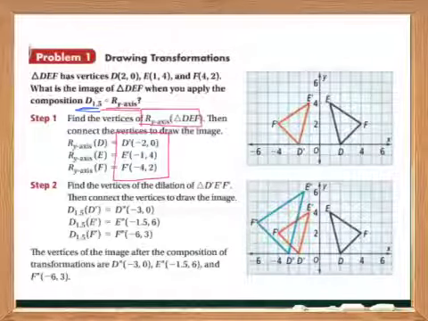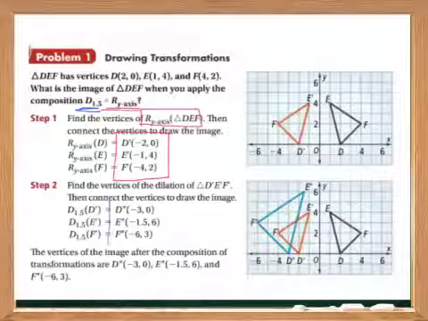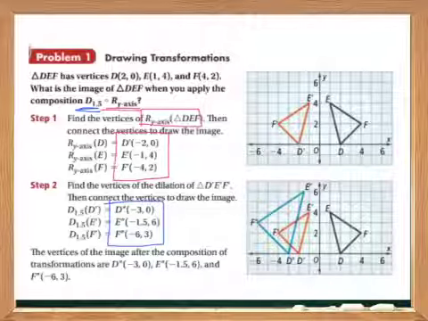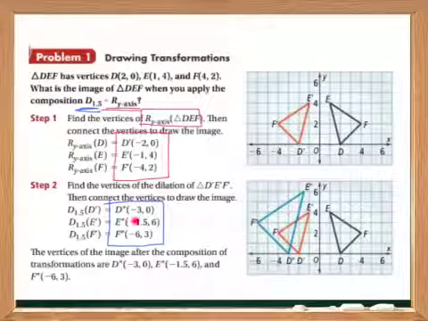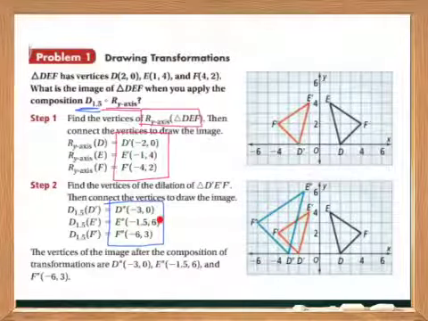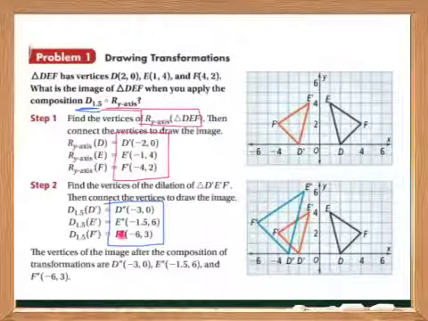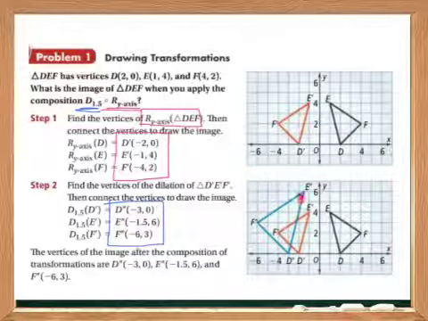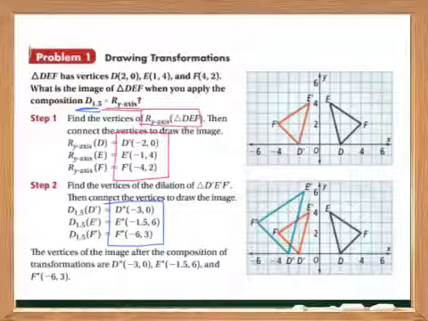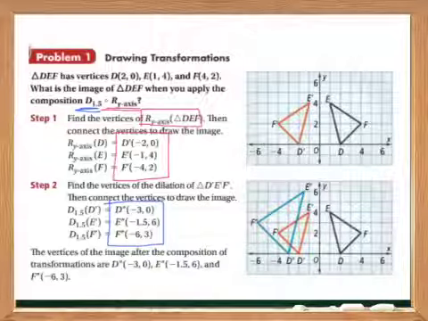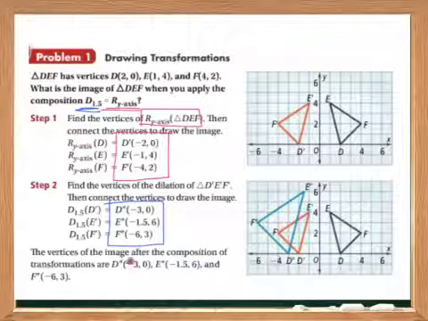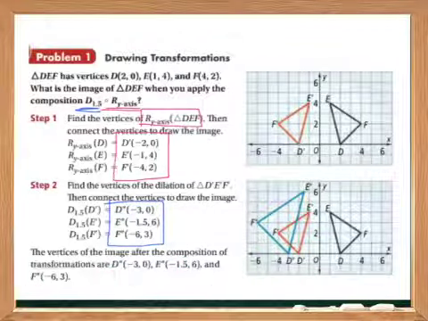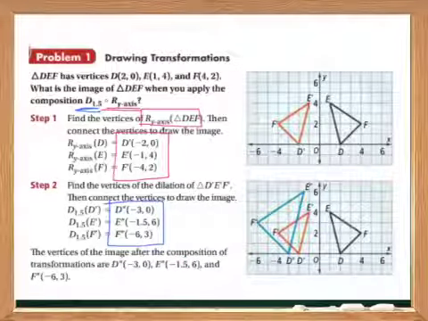So negative 2 times 1.5 gives us negative 3, 0 times 1.5 gives us 0. Negative 1 times 1.5 gives us negative 1.5, and 4 times 1.5 gives us 6. Negative 4 times 1.5 gives us negative 6, and 2 times 1.5 gives us 3, and we plot those points on our coordinate plane. Then we're stating the vertices of the image after the composition of transformations are these points. And we would just state that